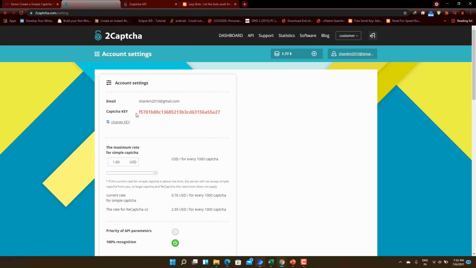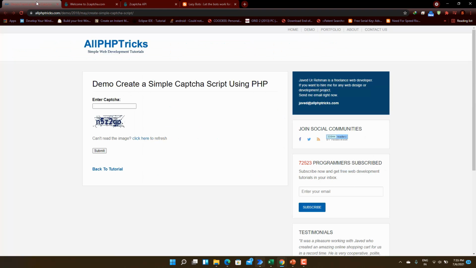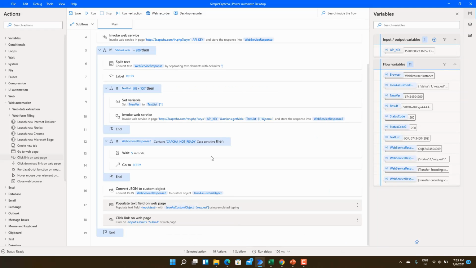We can specify all those things here. So here we are going to use the API key provided by 2Captcha in this project, and this captcha is going to be solved by this process.